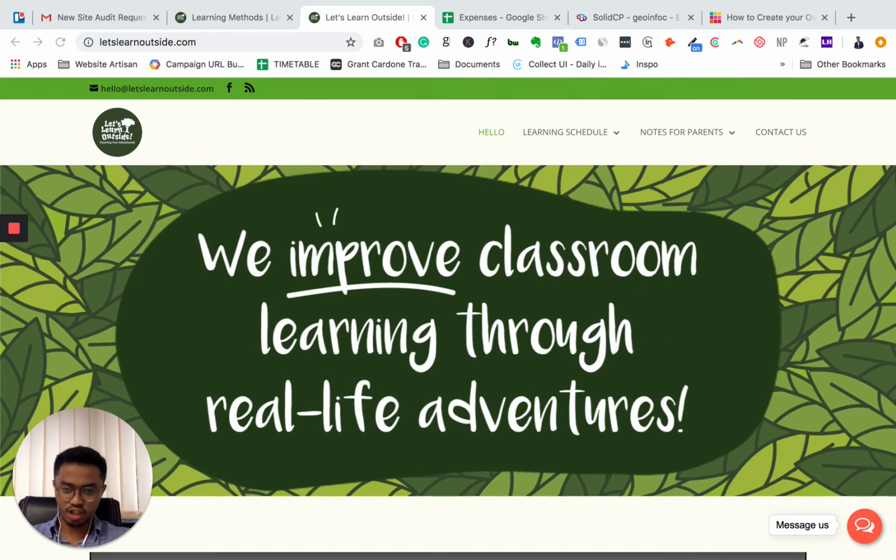Imagine in this section, the first thing that people see is, we run outdoor learning programs that help your children learn science, mathematics, and English in a much more efficient way, or a more successful, more effective, more fun, or whatever USP that you are trying to portray, and then a button that says see available programs.